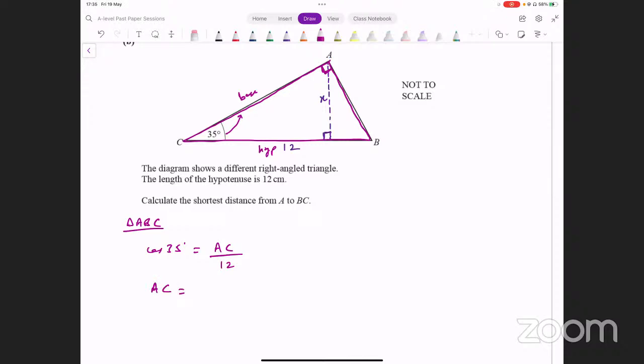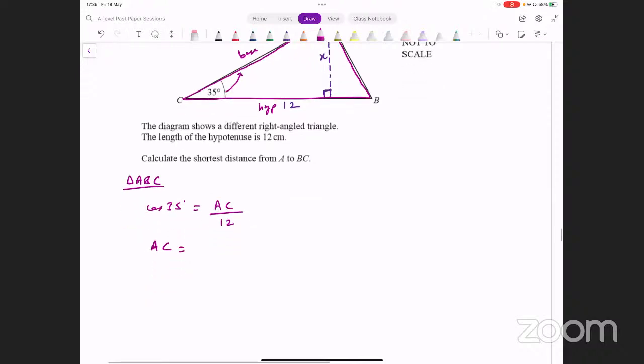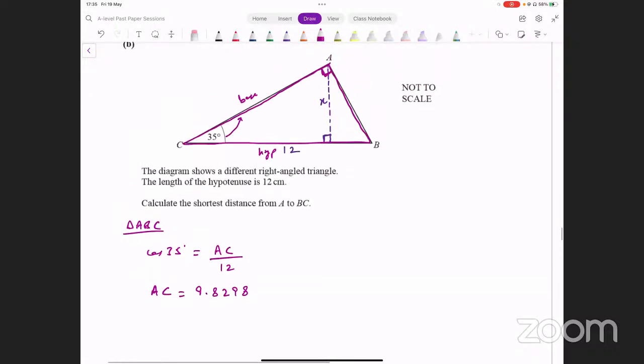Let's see what that turns out to be. 12 into cos of 35, and that is giving me 9.8298. This is the length AC. Now, once we have this length, what we can do is use this other triangle now,